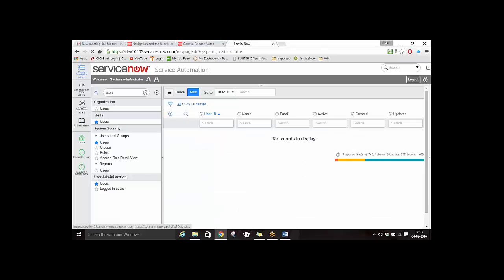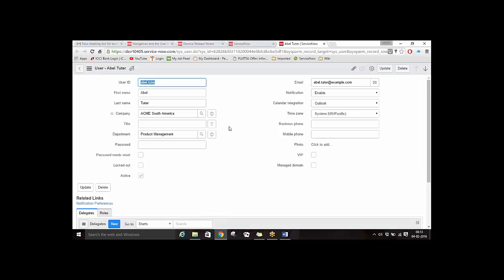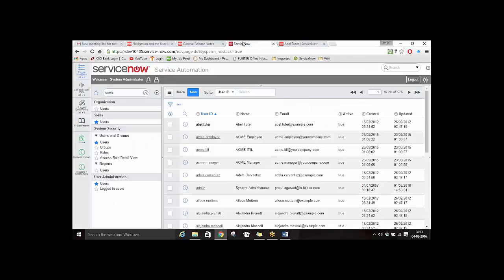Okay. Now I'll just clear this off. Now moving ahead, you can see that there is one header line over here. This header gives you a few more options. Suppose I open any user record. This user record has so many fields: user ID, first name, last name, company, department, and a number of other things. But in the list, we are seeing only six. Now, if you want to see more information on the list, like suppose the company is not there on the list and I want the company to be there,